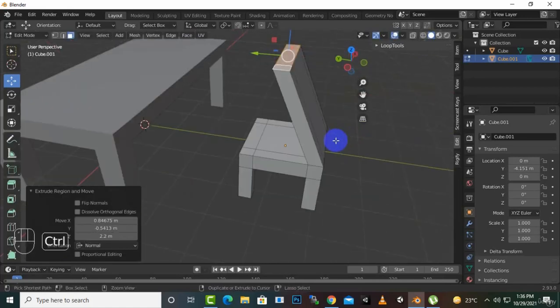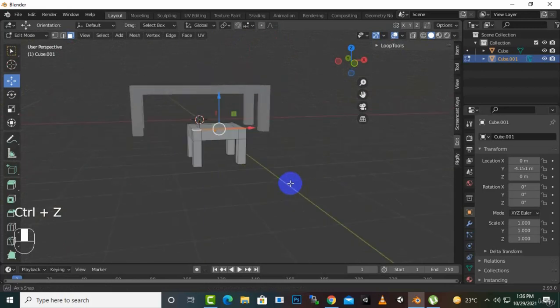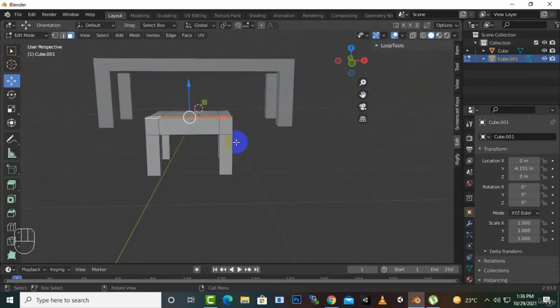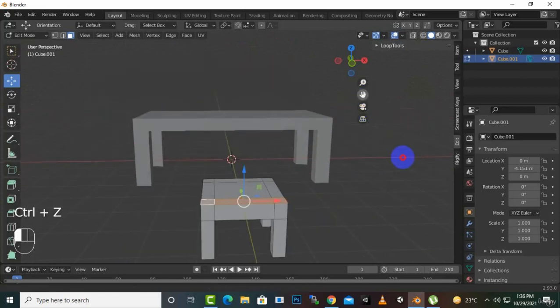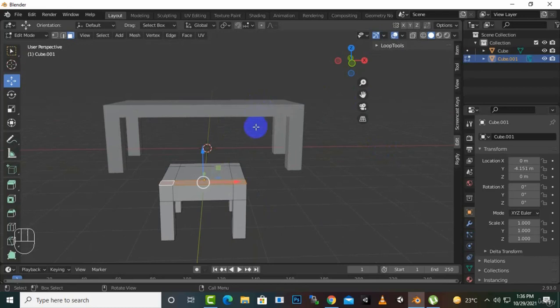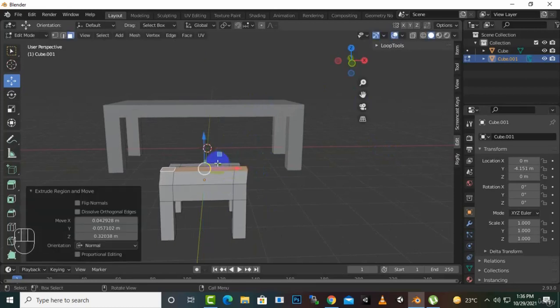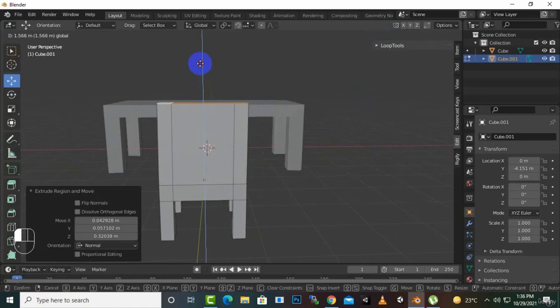Okay, because we didn't enable the grid system, so that's why we are facing this problem. If we enable snap to grids, it will snap to the grids. But for now I will just press E Z, and let's extrude it simply, and later on we will learn about